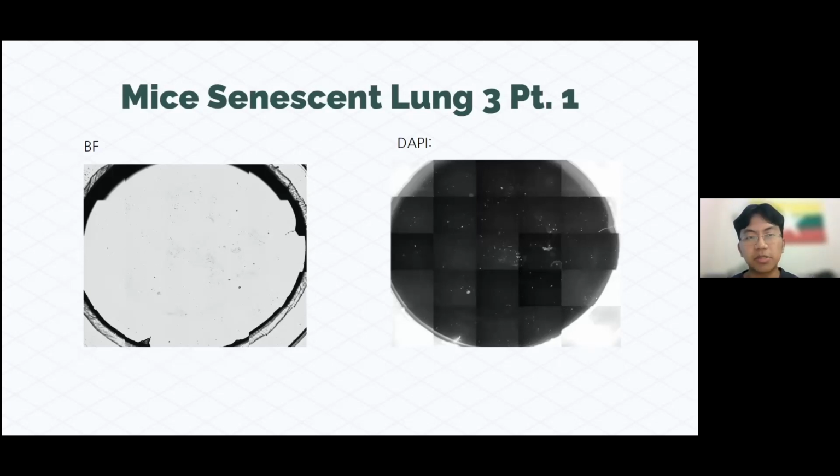And so this is our first senescent lung cell, and from the bright field image, it shows a scattering of cells. This is because I realized too late that the IF protocol was too harsh for a lung cell, which was usually made up of holes and air pockets. And so the right side shows the DAPI images, which did come out nicely, but none of the cell